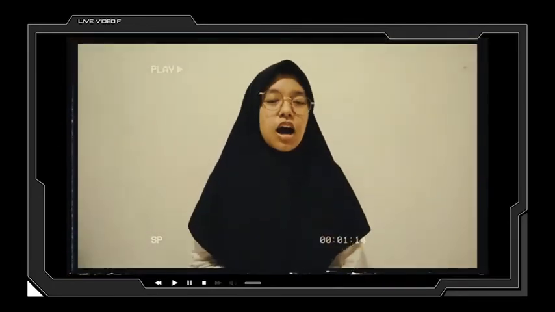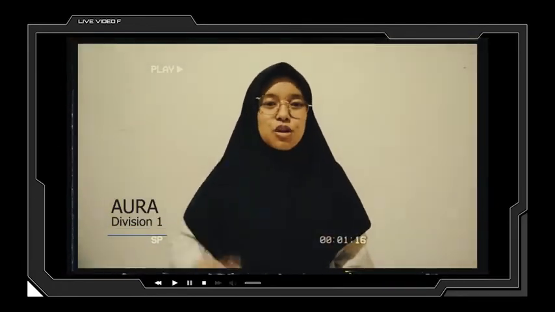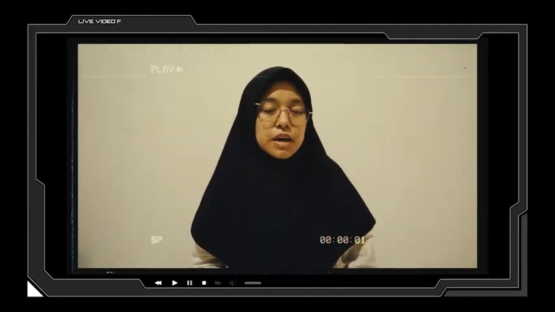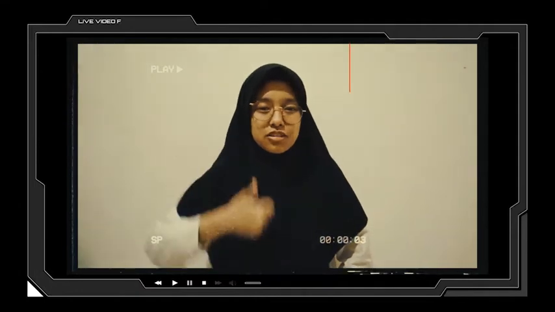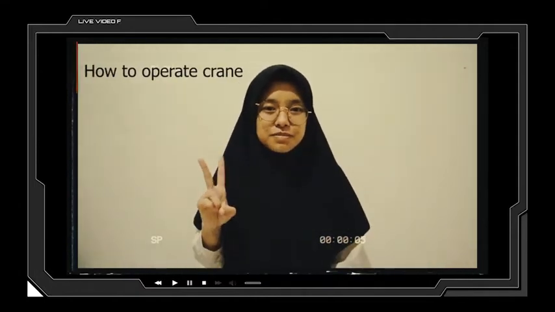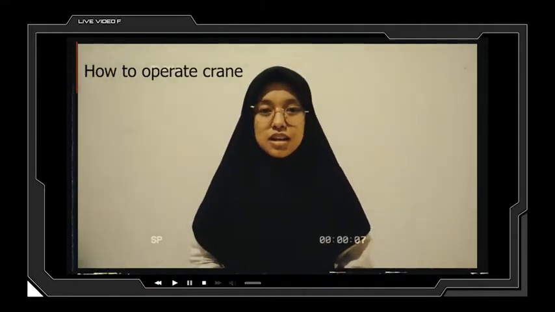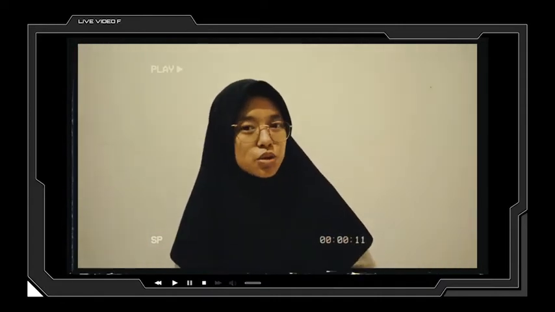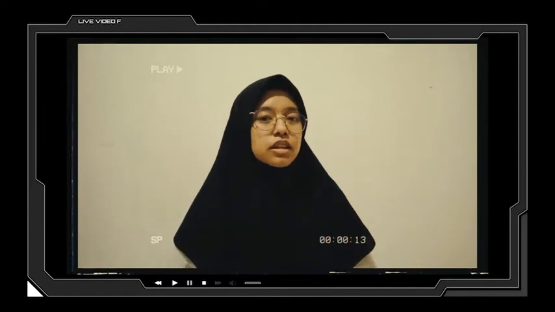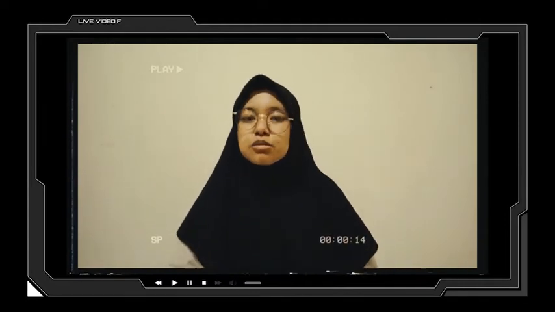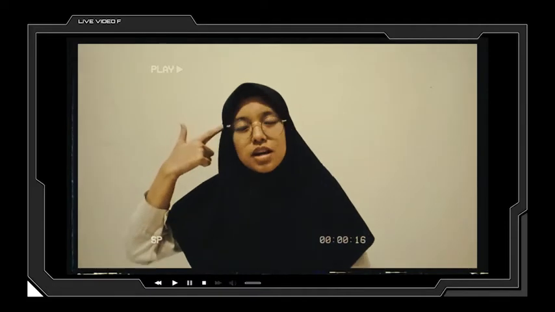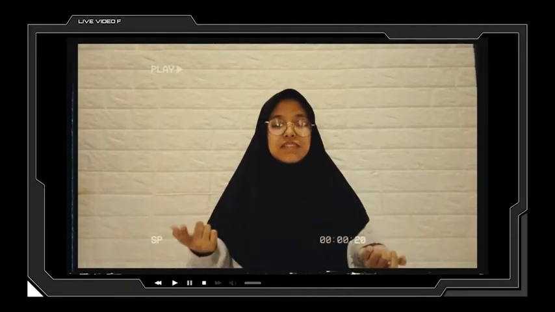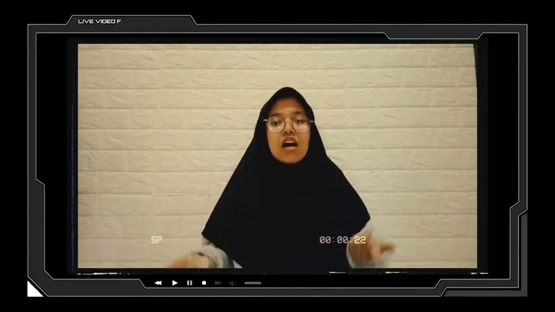Let me explain how to operate the crane. First, visually inspect the overhead crane and safety locks. Make sure sling and hook are in good condition. Second, turn on the switch breaker and test the crane without load. Next, make sure of the safety and security of the work area and the items to be moved, and don't forget to wear the safety helmet. Next, make sure the weight to be lifted doesn't exceed the capacity of the overhead